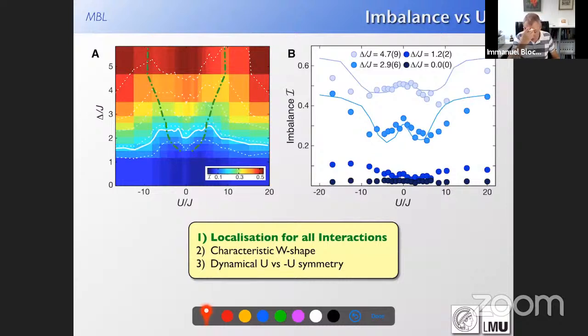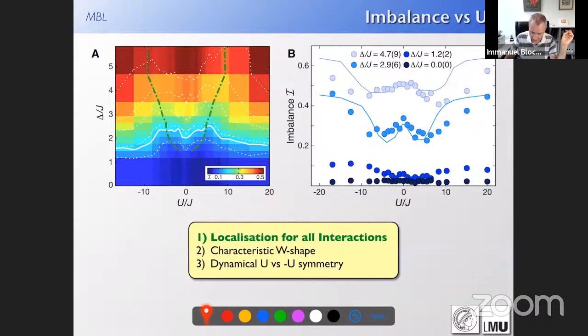Okay. Now let's do the same experiment with the imbalance, now with the interactions. And now you can see the situation looks different. At the U equals 0 point here, we are non-interacting. So here we have basically the Anderson localization point that we can see. And now we can see that if we increase interactions, we actually need a larger disorder to localize the system again. So if we do not increase the disorder, stay at the same disorder and just increase interactions, we lower the imbalance,